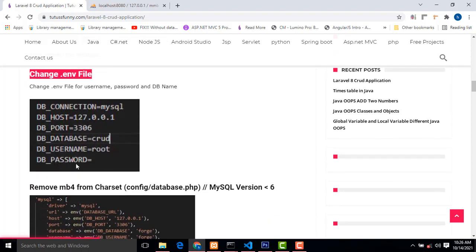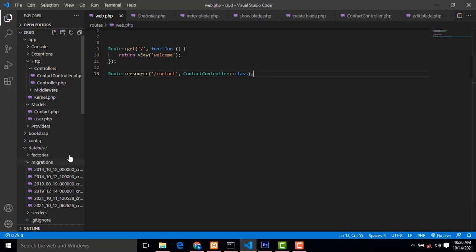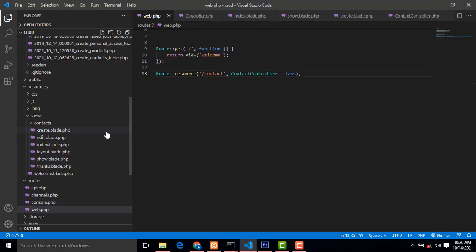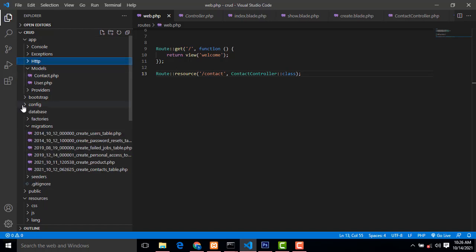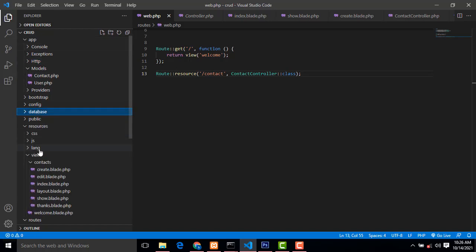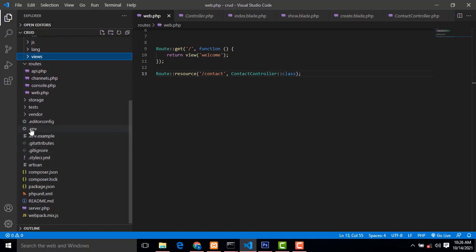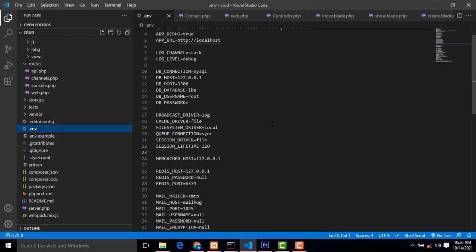After the database has been created successfully, you just go to change the env file. All the database configurations are there. So how to do the task: go here. This is your project structure, the app and all the project structure. You just go here, the env file. The env files are there, with the .env extension. Here you have to find the database.